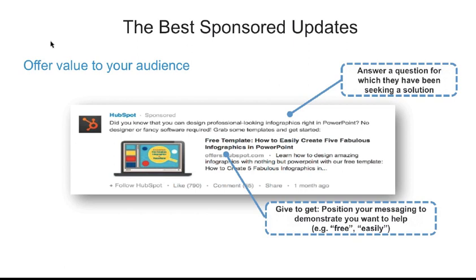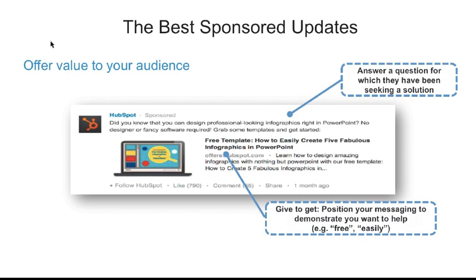So we've seen these great examples of success, but what are these sponsored updates actually doing that is making them so successful? I thought I would break down just a few best practices using these examples as a guide for you. One of the most important best practices from a content marketing perspective overall, and certainly as it relates to social media content, is offering up something of value to your audience. Social media is not the place to make the hard sell. Instead, I recommend focusing your content efforts on providing value in the feed. Use a CTA in your update that drives people to click, and really let your landing page do the heavy